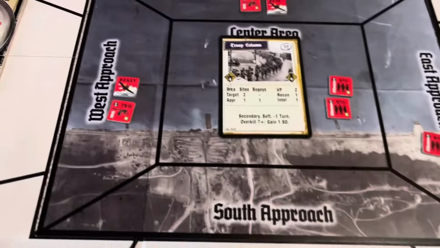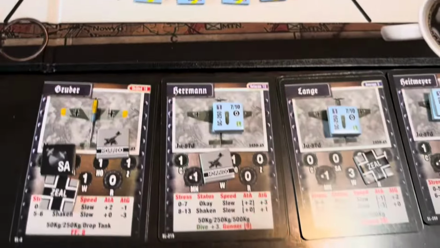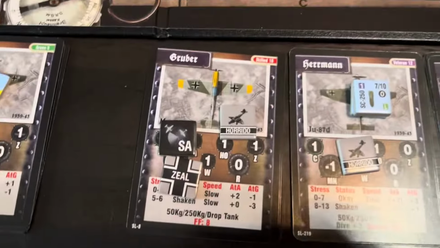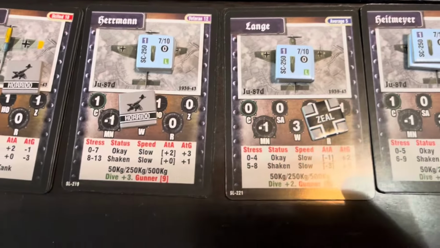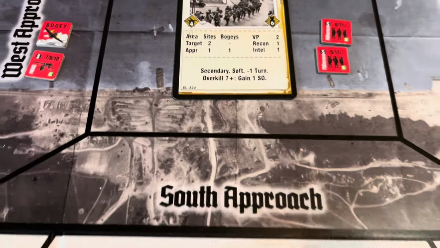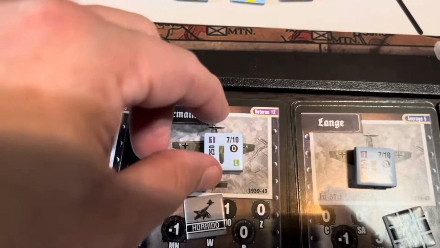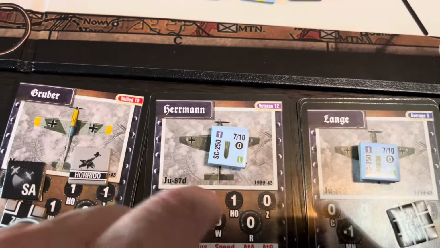And since it is a site that I need 6 hits on, I'm taking the Stukas in. I'm gonna have Gruber be kind of the escort, and the Stukas are gonna come in. They can have 50, 250, or 500. The 500 is better for hard targets. This is a soft target, so I'm using the 250s, and their weight is 1,